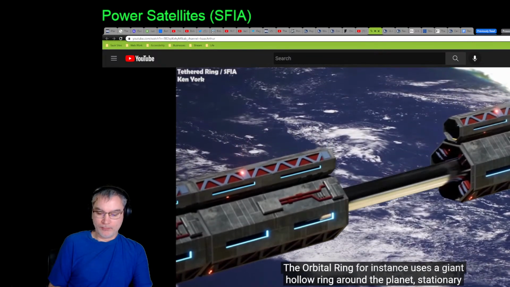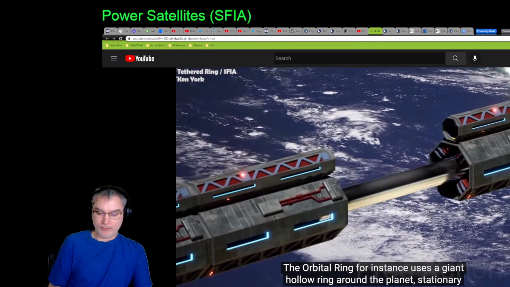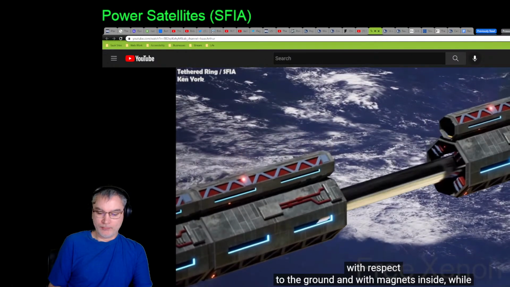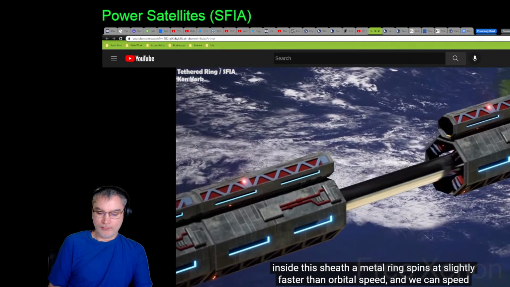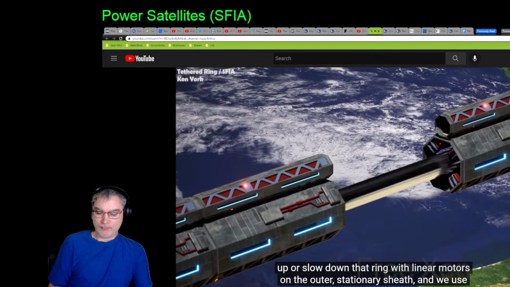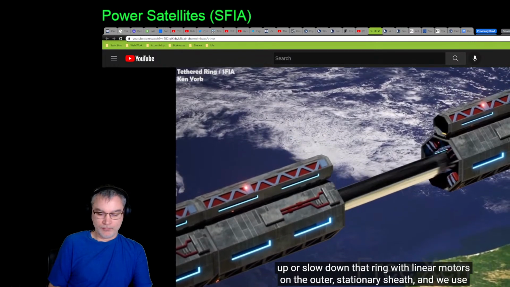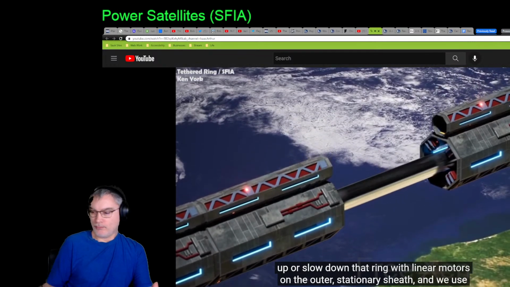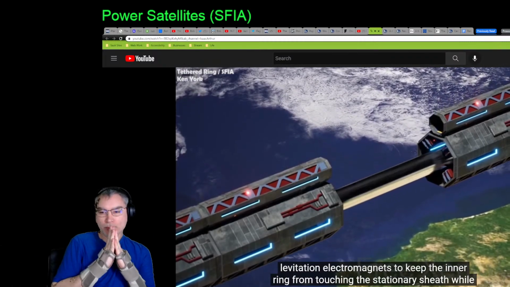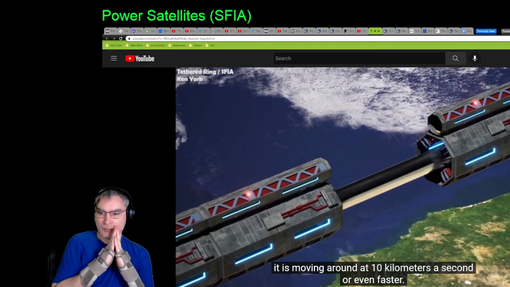The orbital ring, for instance, uses a giant hollow ring around the planet, stationary with respect to the ground and with magnets inside, while inside this sheath a metal ring spins at slightly faster than orbital speed, and we can speed up or slow down that ring with linear motors on the outer, stationary sheath, and we use levitation electromagnets to keep the inner ring from touching the stationary sheath while it is moving around at 10 kilometers a second